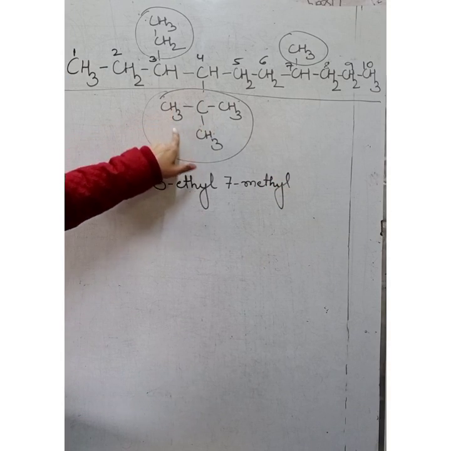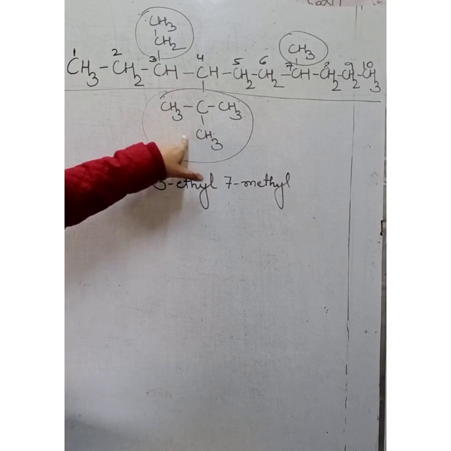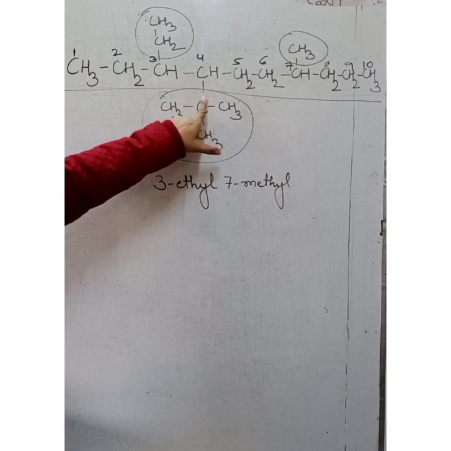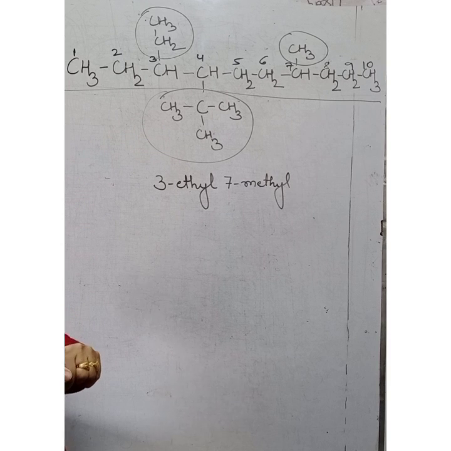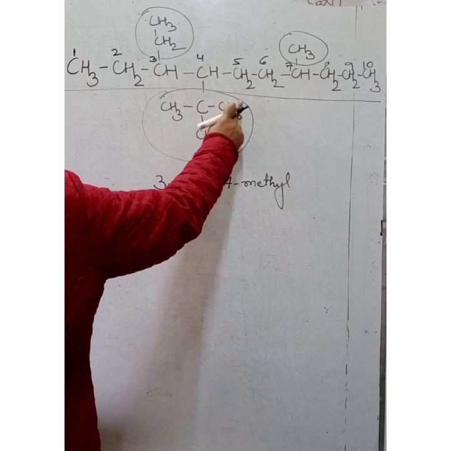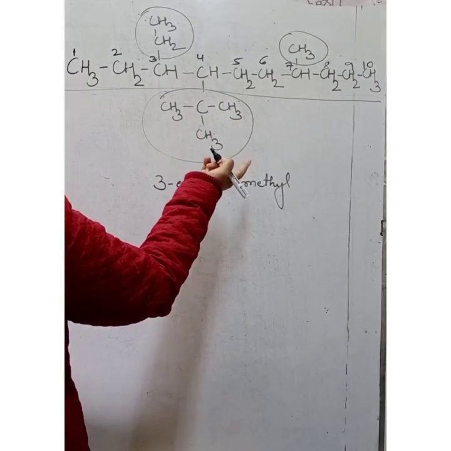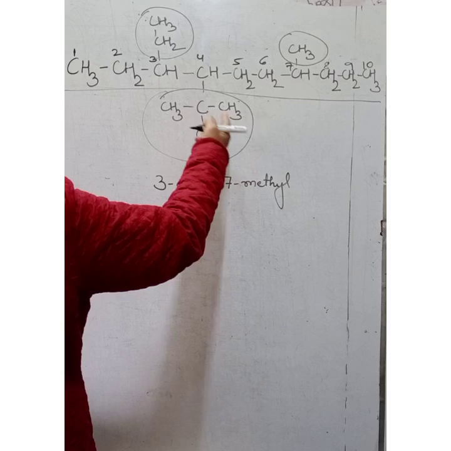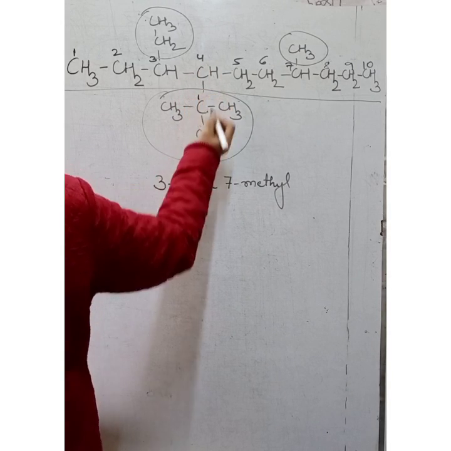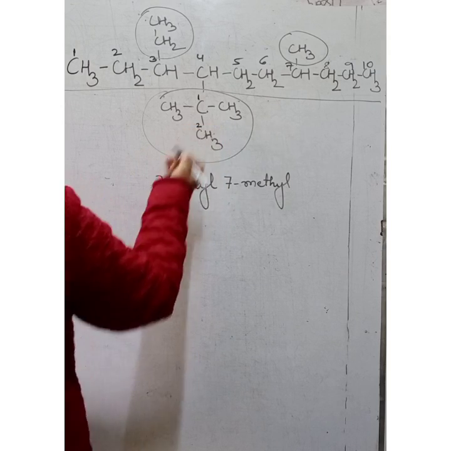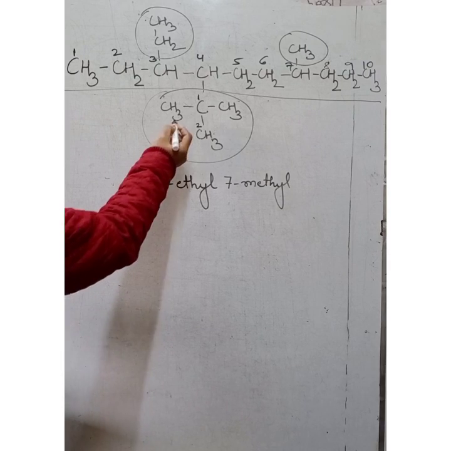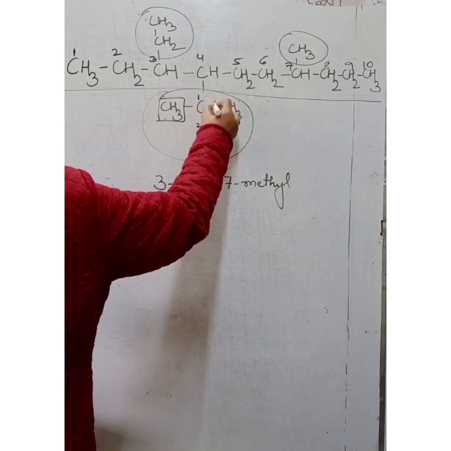Now, you first of all have to see what name you are going to give to this complex compound. This will be treated as a substituted alkyl group. So, here also we have to follow the same rule. Select the longest chain of carbon atoms, and give the numbering in such a way that we give the lowest number to the carbon which is attached to the main chain. So, number 1 here, and I can give number 2 here, or you can use this side also. This is our longest chain. So, in this case, this is going to become a substituted group.